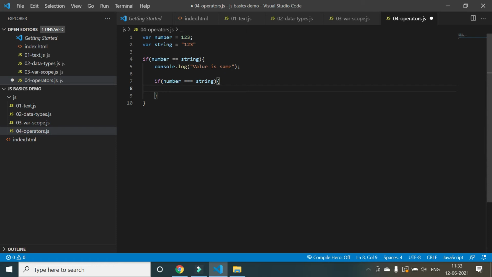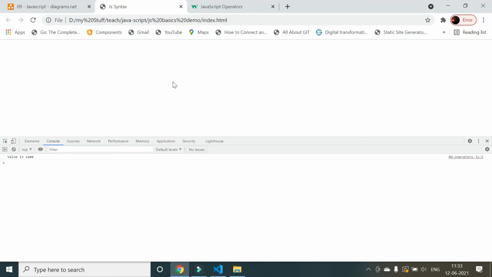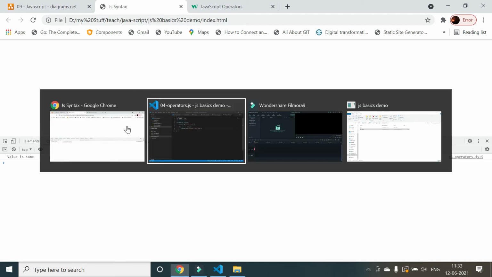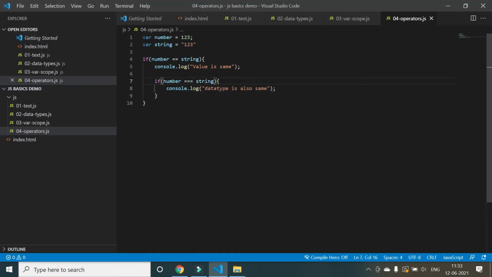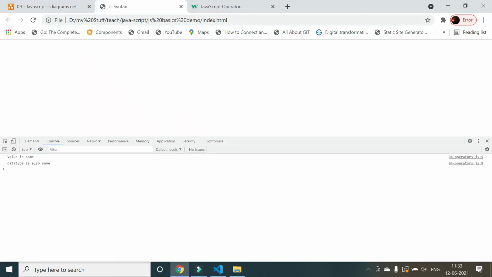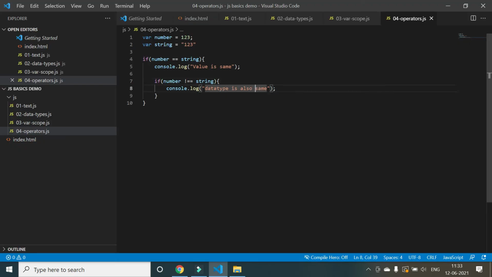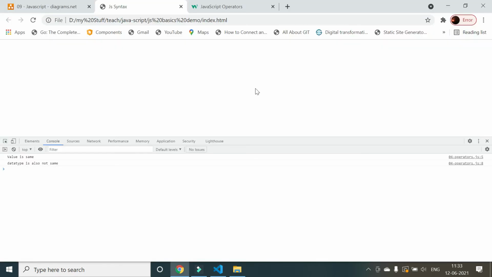Otherwise it doesn't go. So if I say console.log data type is also same, you see that doesn't come up, because the data type is not the same, so it hasn't gone into this block. But if I use not equal to here, then I should say data type is not same.